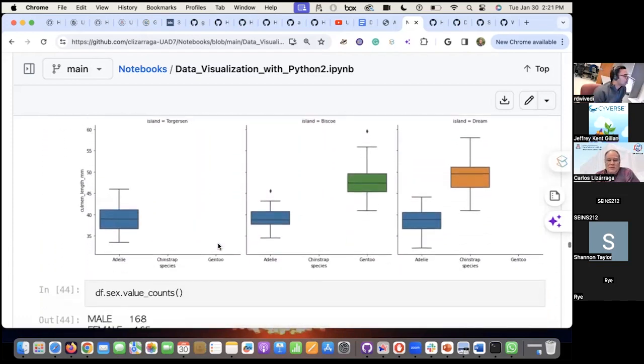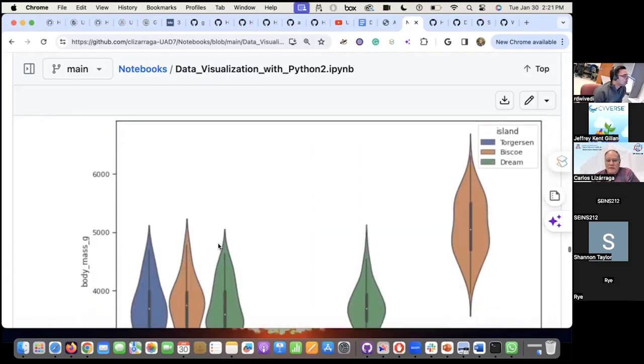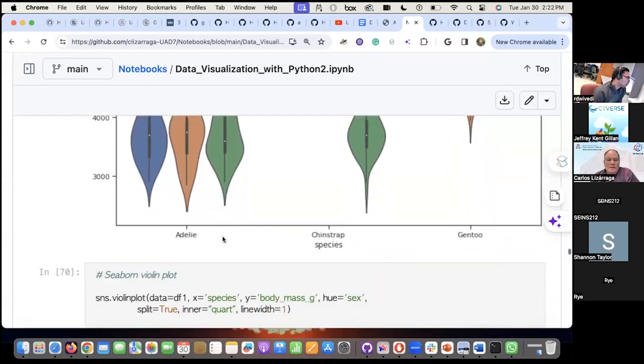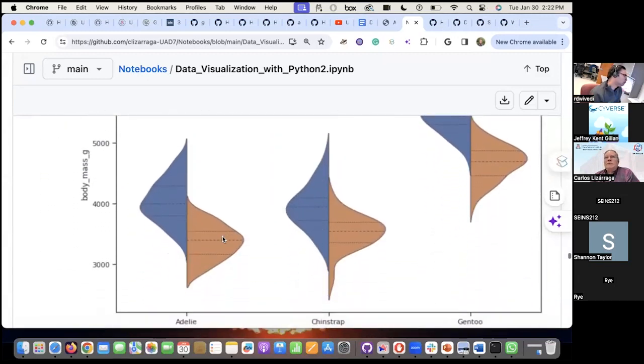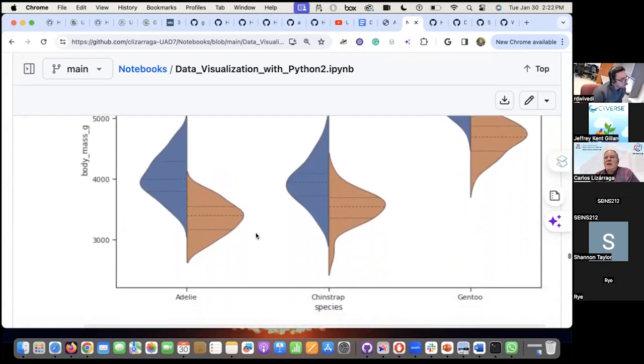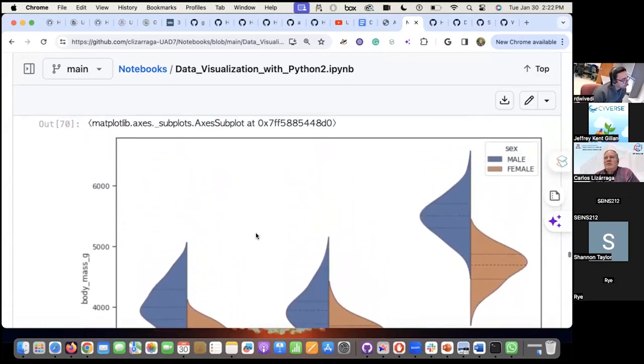I can do a cat plot with Seaborn. I can do violin plots where you have the distribution, and you have the information of the box plots. The white dot here is just the median, and you have the first quartile, the second quartile, the third quartile, and the fourth quartile. And you can use the violin plots to show different properties. In this case, we're showing the body mass by species, by gender,